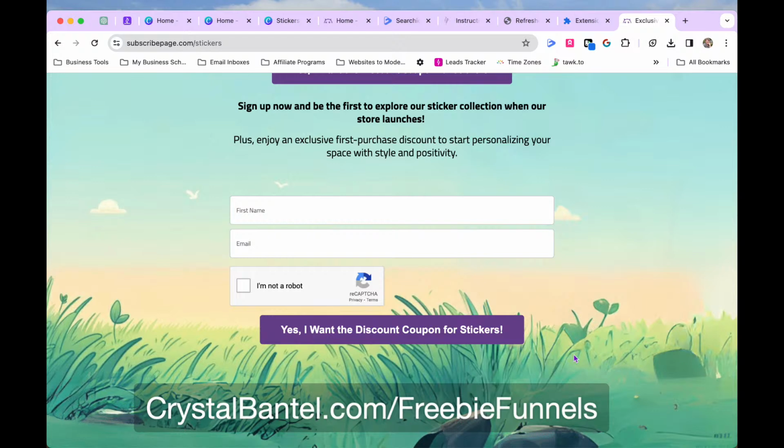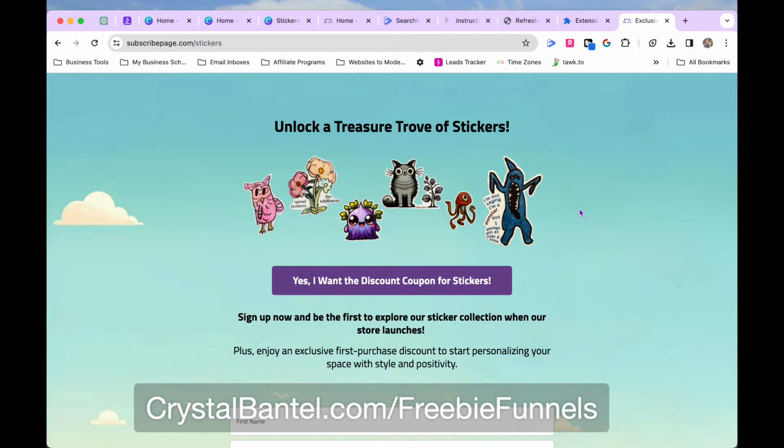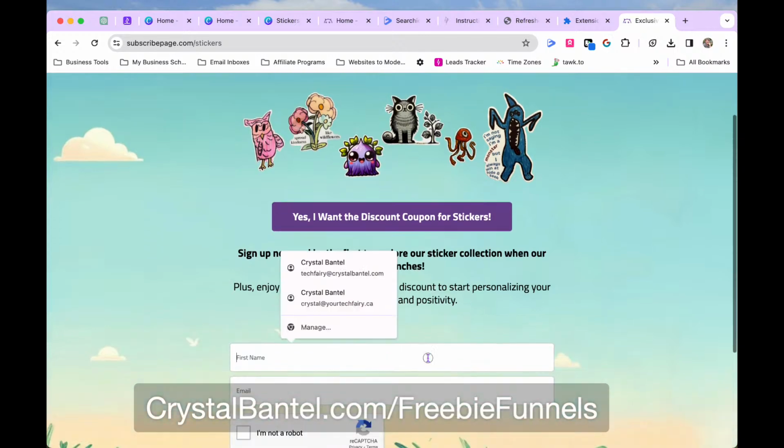This is perfect. You literally right now could come here and sign up for the email list for the sticker launch if you wanted to, for my kids' sticker business. But yeah, this is a landing page. This is a functioning landing page now. Whenever somebody signs up here,